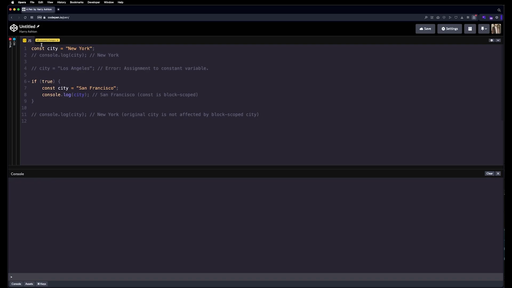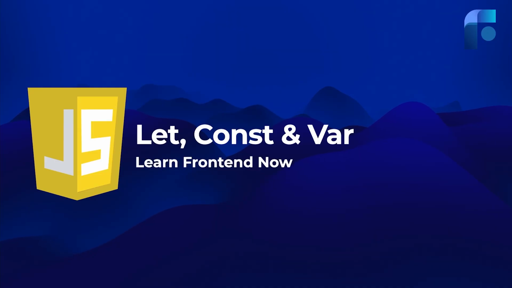But for now, for learning, it's fine to use var, but understand that when you actually take on an enterprise level job or work, they will want you to be using let and const in your work, as they'll be expecting you to use let and const. So there you go. Those are the key differences between let, const, and var when it comes to making JavaScript